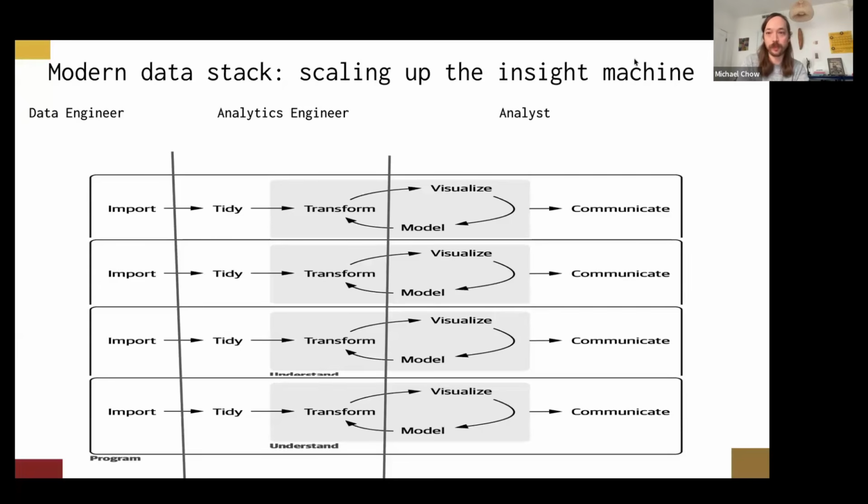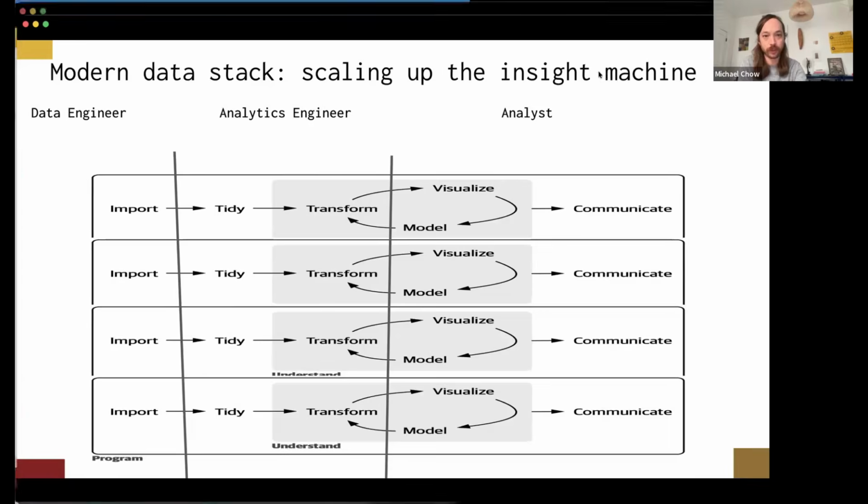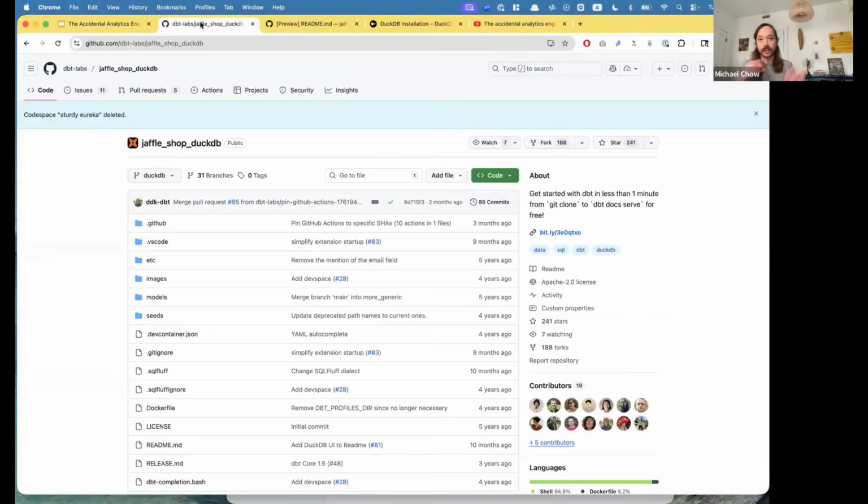Perfect. So maybe with that in mind, I'm going to crack open this project so we can just see dbt in action, because to Laura's point, it's a big machine. If you're just coming at it from the perspective of doing a single data analysis, it feels like a lot of boilerplate, so it can be pretty overwhelming to run. But I think once you have someone crack it open and point out the different pieces, it's way easier to understand what you're getting into.